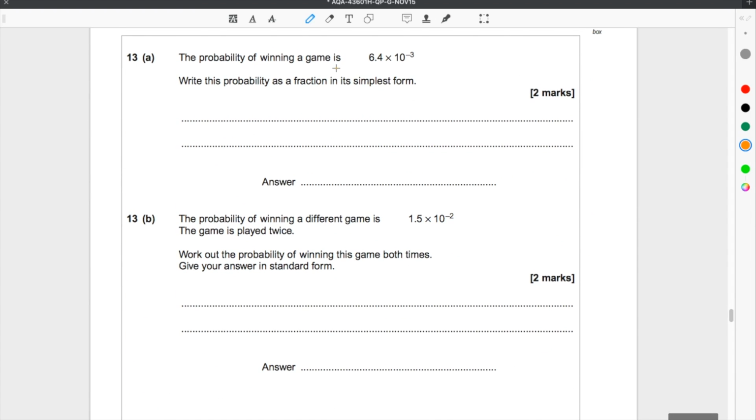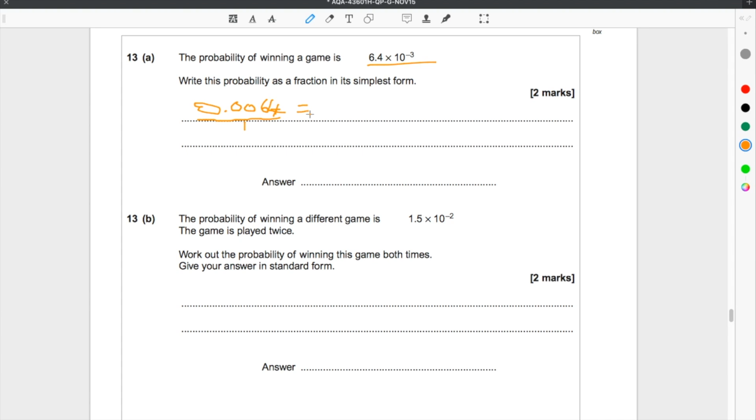13a. The probability of winning a game is 6.4 times 10 to the minus 3. What is the probability as a fraction? So simply converting this into a fraction. To do that, we need to write this in decimal form. 3 jumps. 1 jump, 2 jumps, 3 jumps, because it's to the minus 3. Okay. So this is the value in decimal form, and we can write that as that out of 1, which